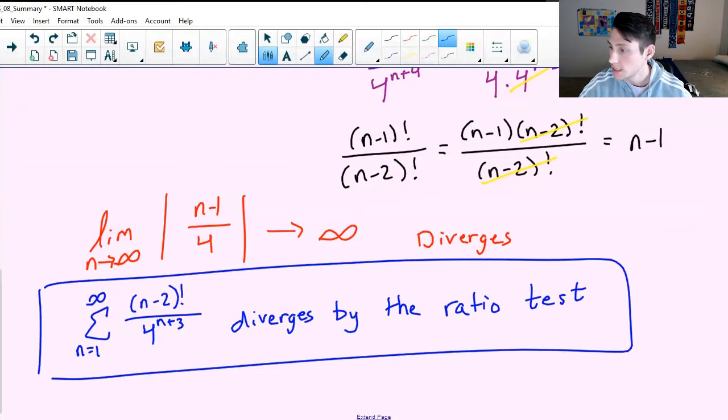For the ratio test, what things have to be met to use it? Nothing. We can do it whenever. If it works, it works. But it just has to be that we're able to find that limit. So sometimes not everything will nicely cancel like this, but factorials will and exponentials typically will. So yeah, we can use the ratio test whenever we want, if we can make that limit work and figure out what it is.